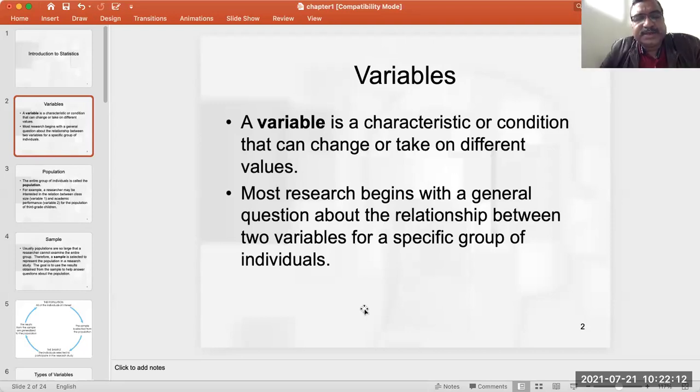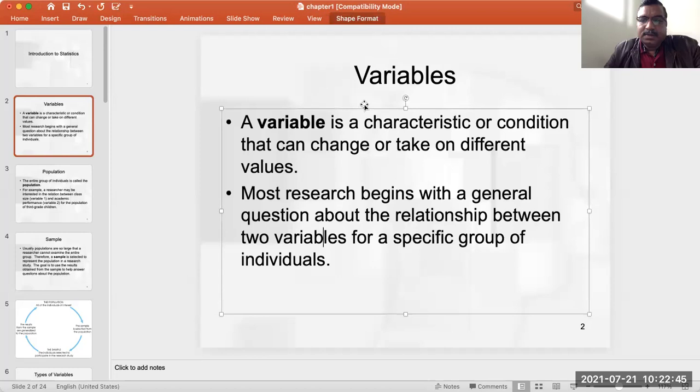So most research begins with a general question about the relationship between two variables. There may be an interaction effect also, where more than two variables affect the output. I think we have already talked about that in some previous classes. If needed and time permits, we can discuss that in detail.